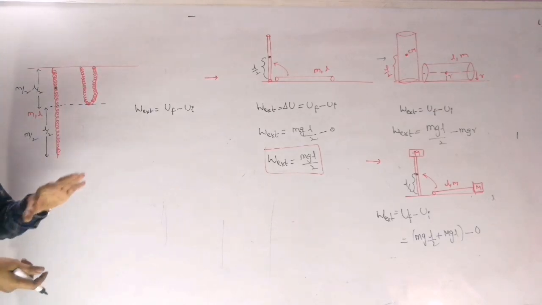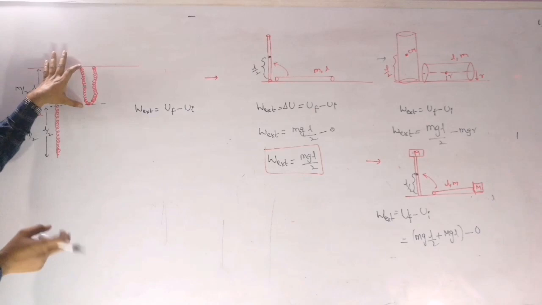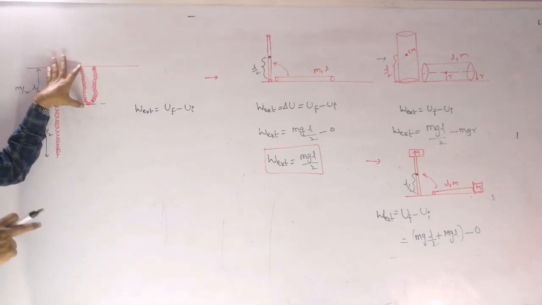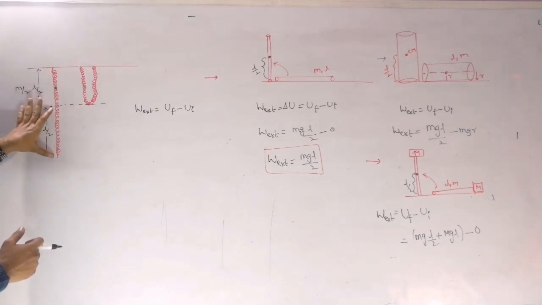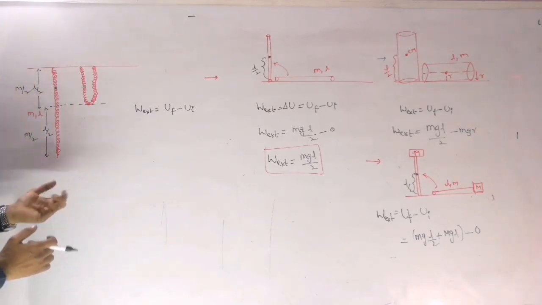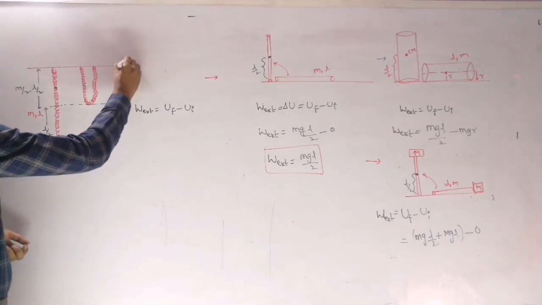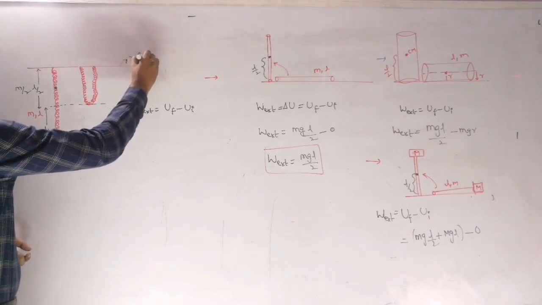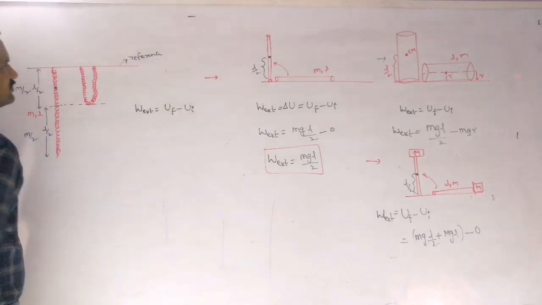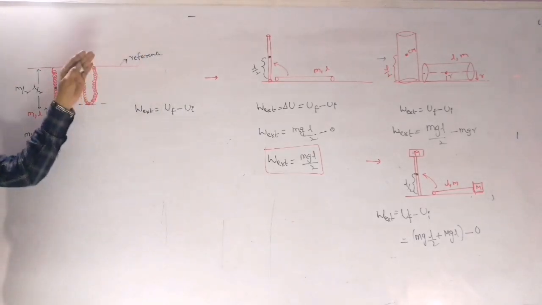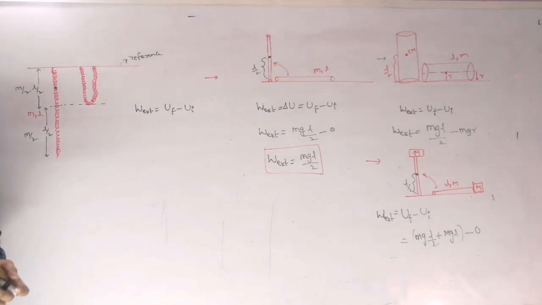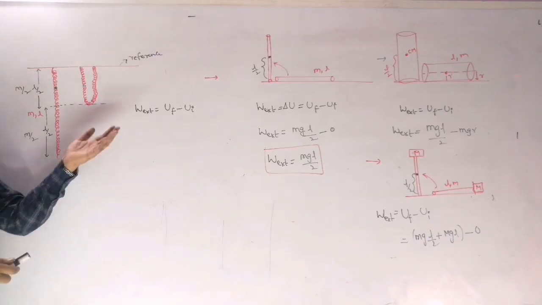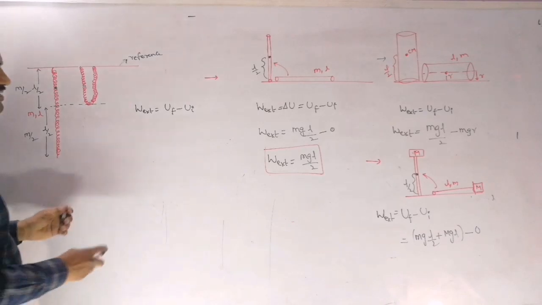So from that what I can say is, for this part there is no change in potential energy. So when you are dividing the chain into parts like this, only this part has a change in potential energy. And while writing this potential energy you can take this level as a reference. This I am taking as the reference level, right? Our center of mass is below the reference level, so you will get the potential energy as negative. You may consider any level as a reference, that is our choice. You may try that problem by taking any other level as a reference.